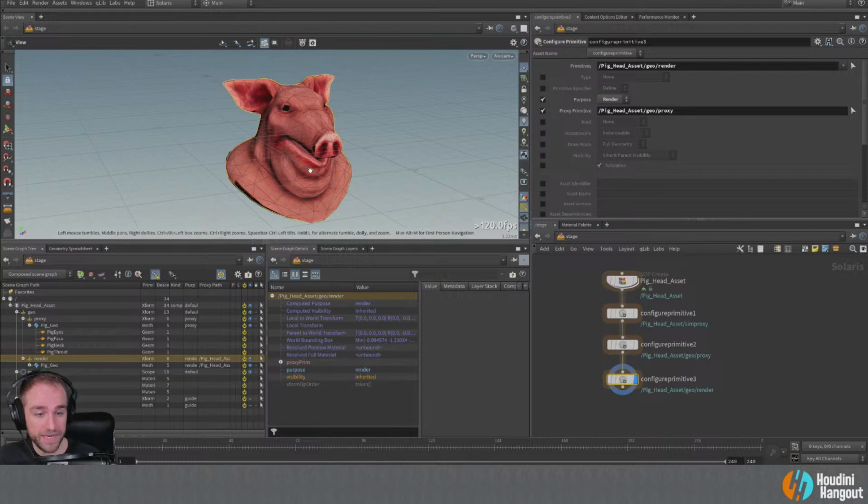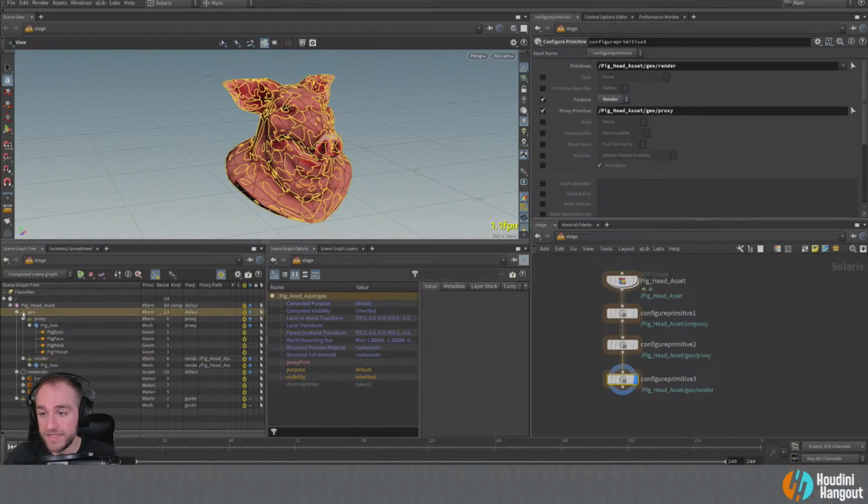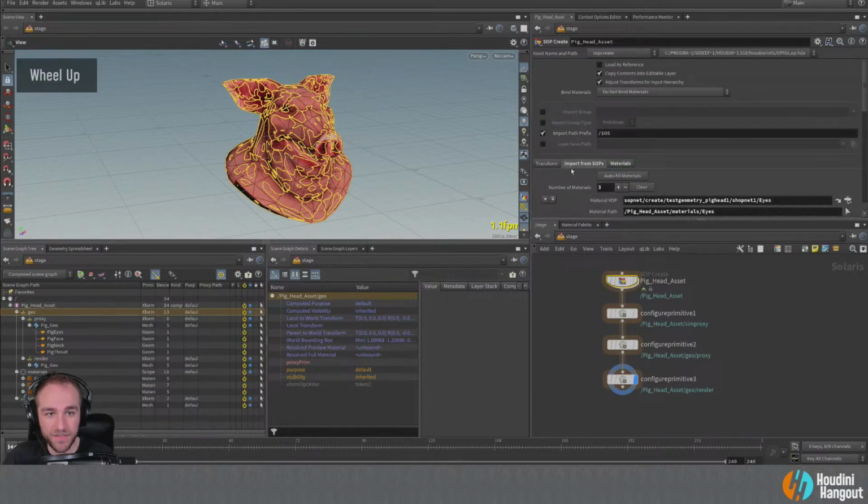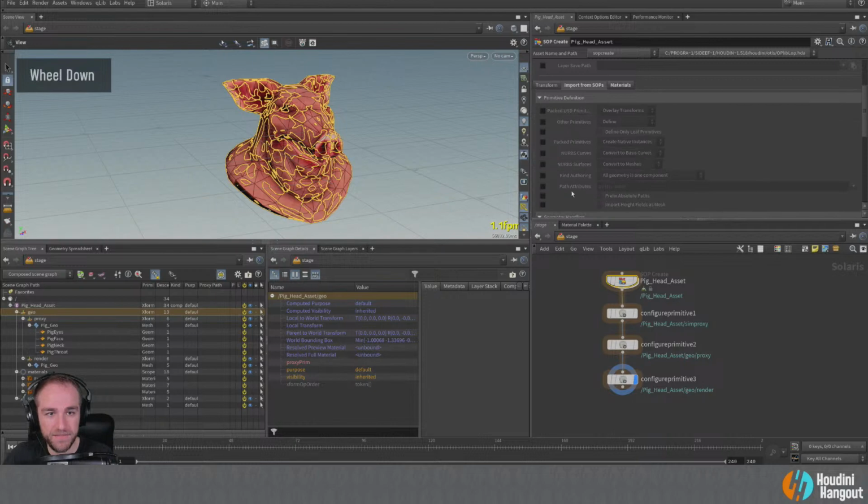So these are all things that we want to set up, but obviously doing that every single time you import something is a bit of a pain and probably isn't the best use of your time. So SideFX created the component builder workflow to be able to more quickly get to this exact setup. In fact, these individual primitives shouldn't be Xforms. They should be scopes. And so there's another thing that we would have to go through and fix.